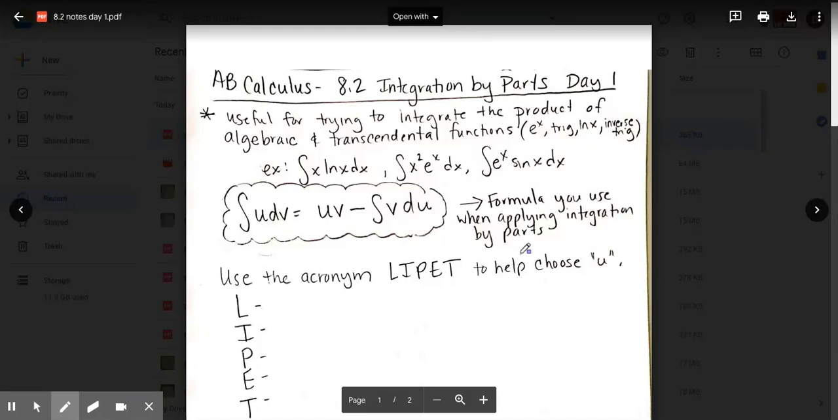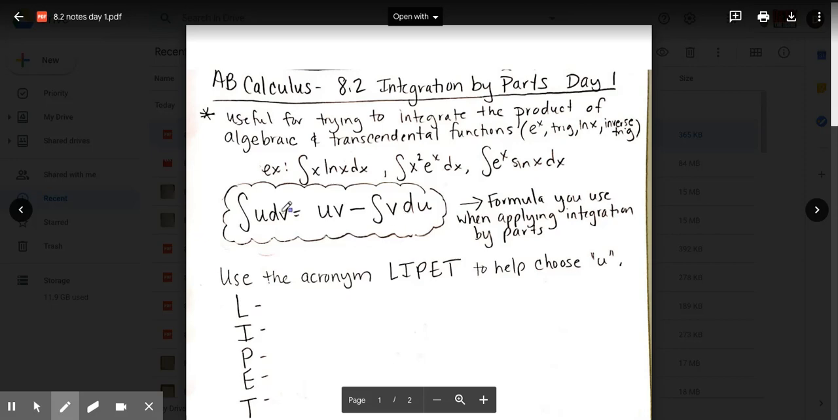All right, so another integration technique is called integration by parts, and we're splitting this up into 2 days. Day one is the day that teaches you the basic concepts and does more examples, and day two just shows you another example. So this is useful for trying to integrate when you have the product of two functions, in particular an algebraic function and a transcendental function. A transcendental function would be like an exponential function, a trig function, a natural log function, or an inverse trig. So here are three examples where you would have two functions multiplied together where you would have to use integration